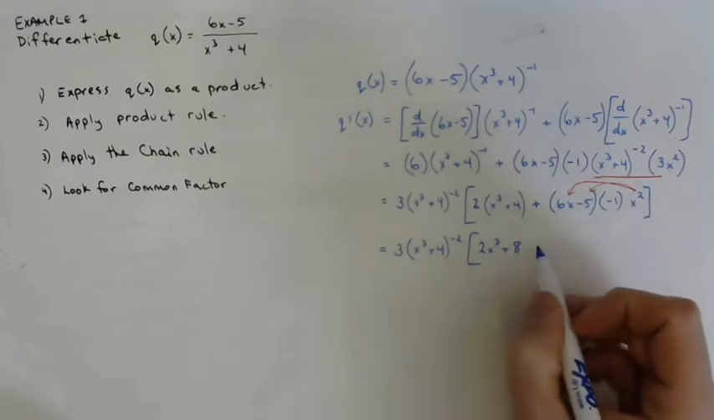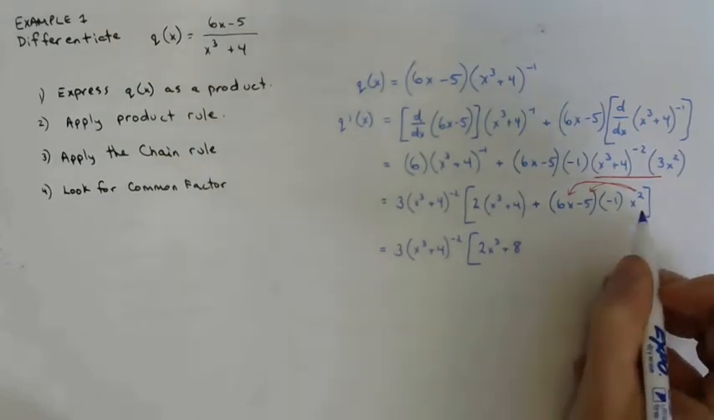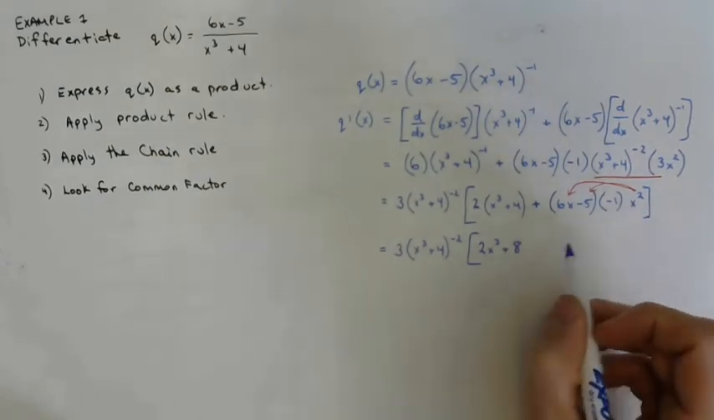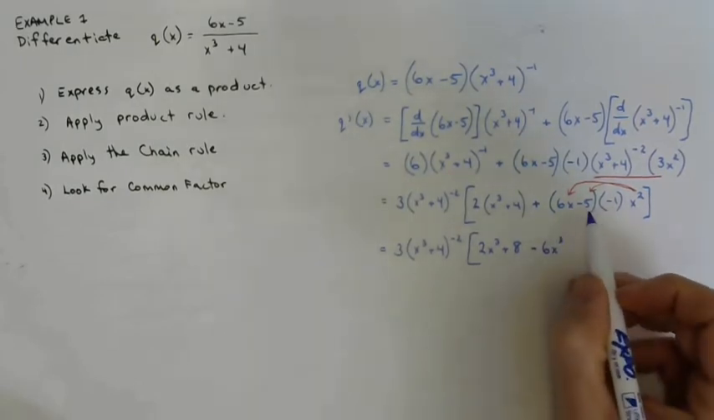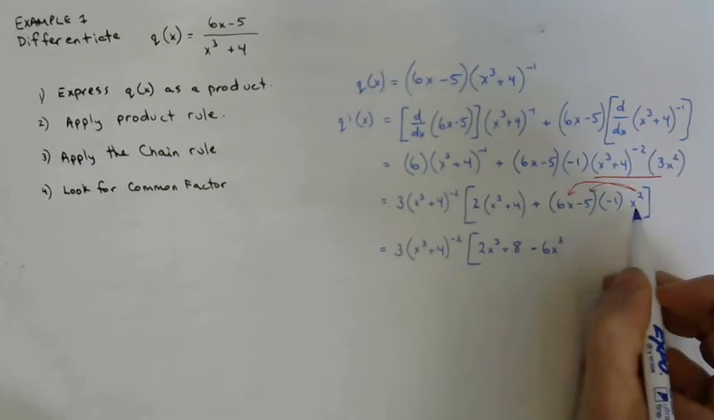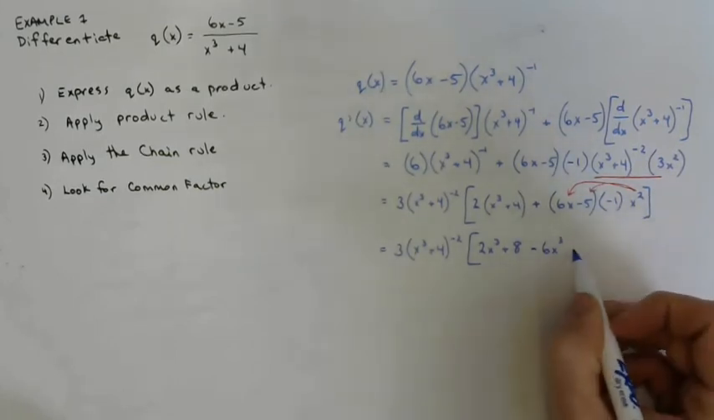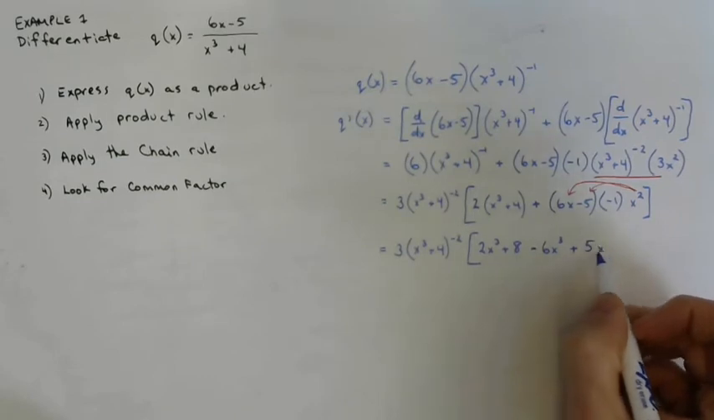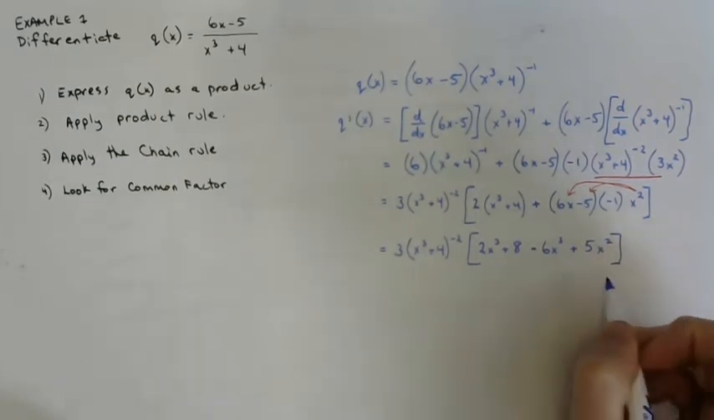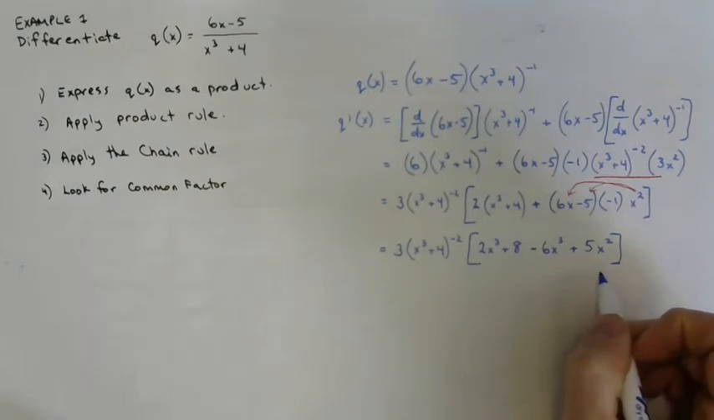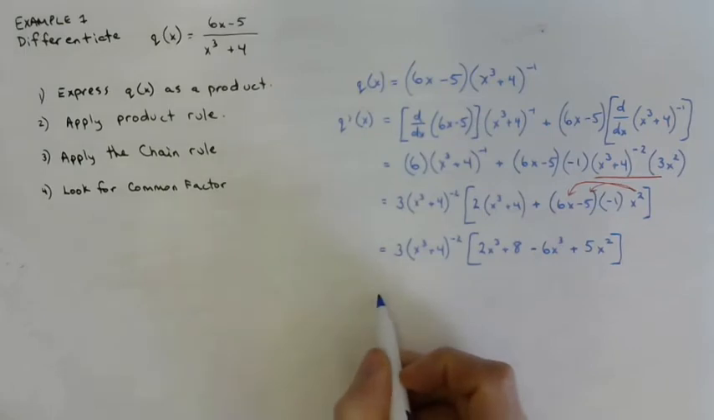So 6x times x squared is 6x cubed. It's going to be negative because of that negative factor, so negative 6x cubed. And then negative 5 times x squared is negative 5x squared, but it's going to flip the sign, so it's going to be positive 5x squared. And then we can group like terms here, and at the same time,